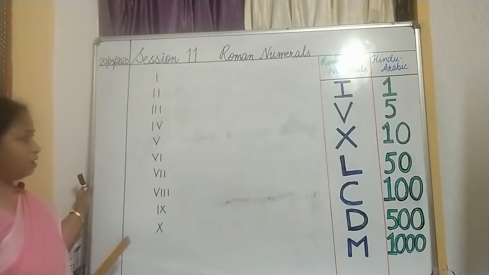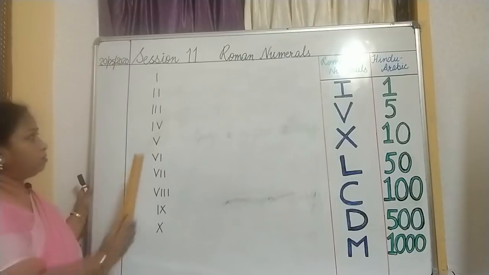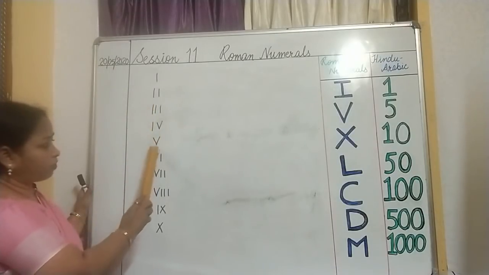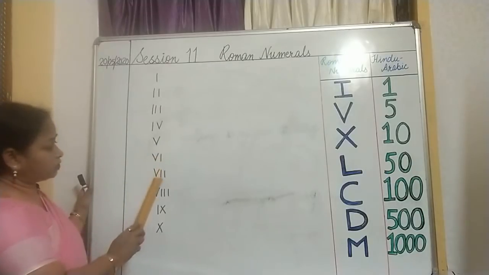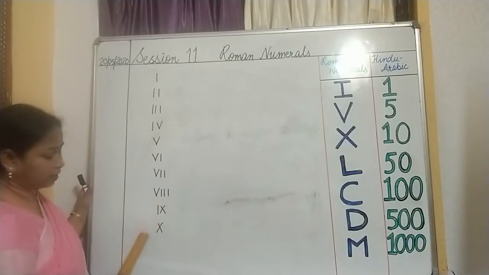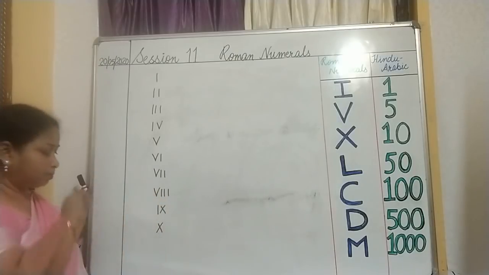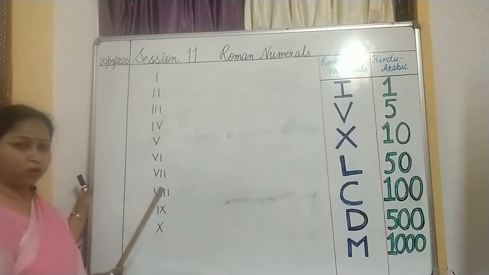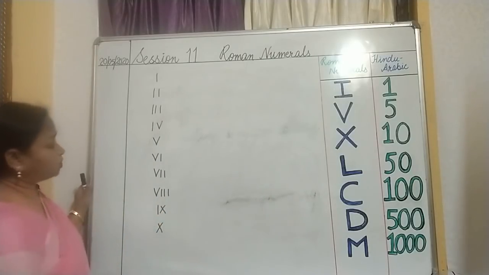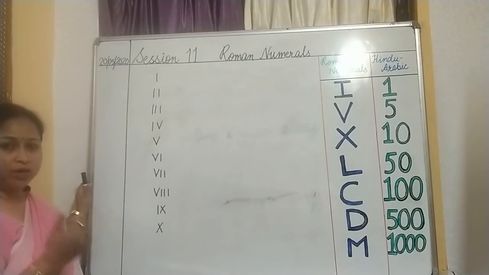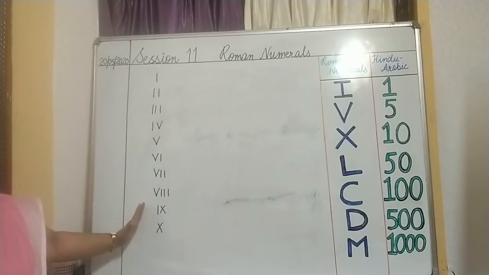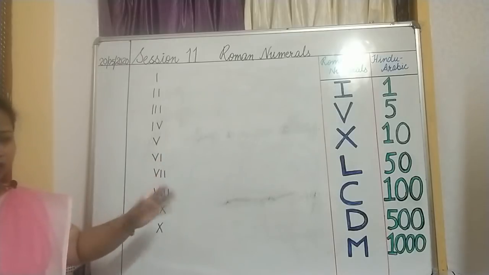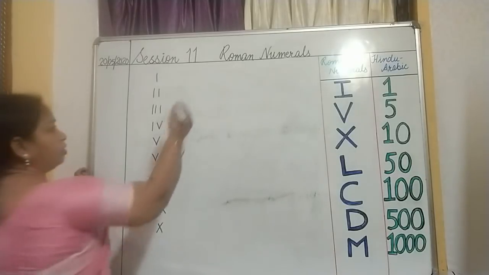Children, as you can see, I have written Roman numbers 1 to 10, okay. Single I is 1, double I is 2, 3, 4, 5, 6. 4 and 6 are clear, no? We have already studied them in the rules, okay. So 6, 7, 8, then this is the 10th value. So for making 9, I have just written I before that, or I have subtracted I from that, okay. So this is 1 to 10. Want to learn more? 20, 30, 40, how to do it? Very easy, okay. So if you know this, you can write any number. As when you are writing 11, usually what do you do?